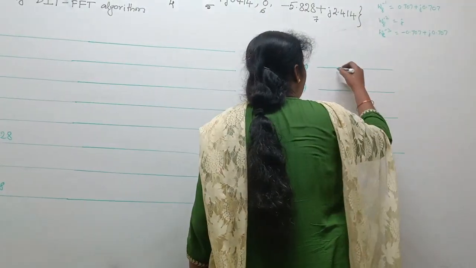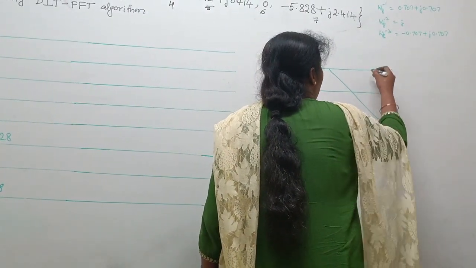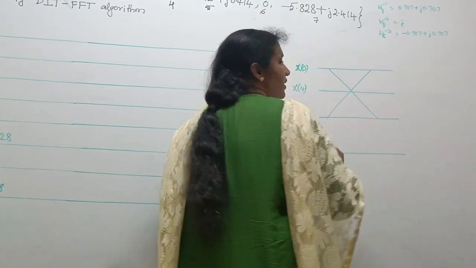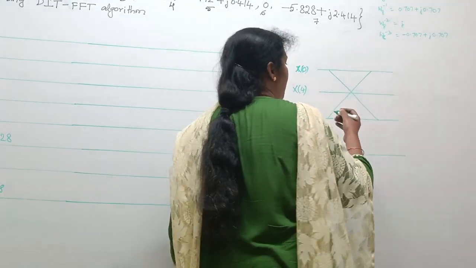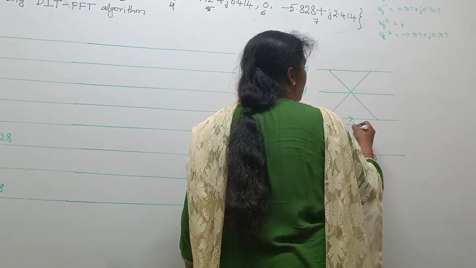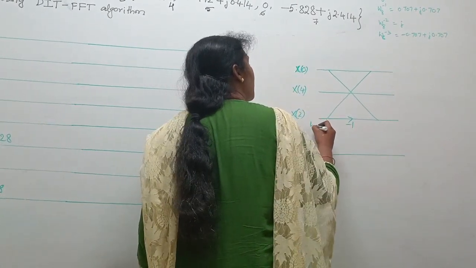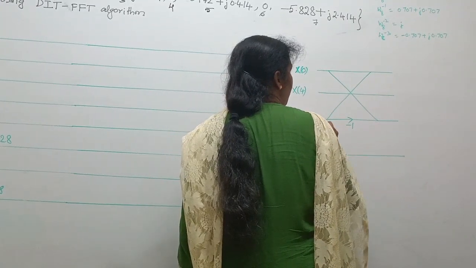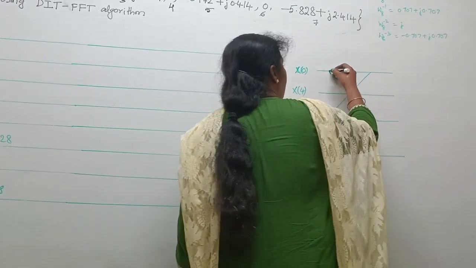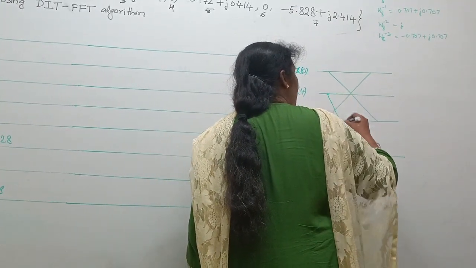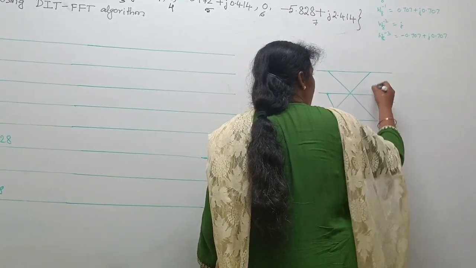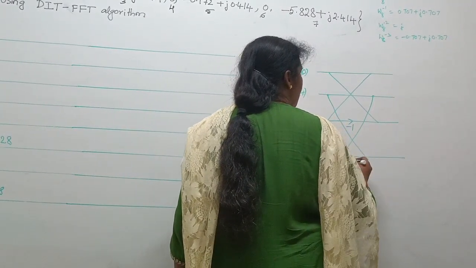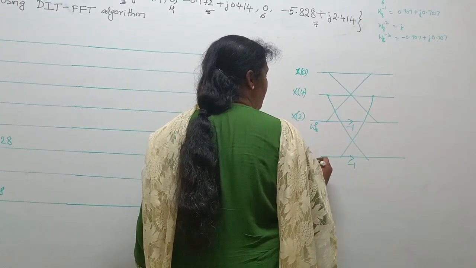Leave one line here, draw the FFT algorithm like this, multiplying with -1 and the twiddle factor W8^0. So the sequence has to multiply with W8^0. Similarly, from below you have to draw like this, and from below this one you have to draw like this, multiplying with -1. Here the twiddle factor is